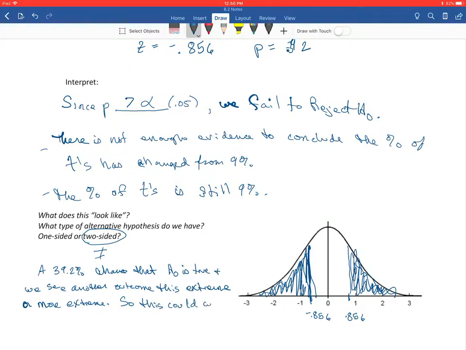So we could say this could certainly be due to chance. There's not enough evidence to say anything has changed. If we were to do this more and more times, we would probably, there's a really good